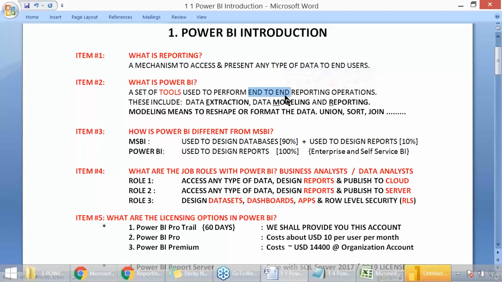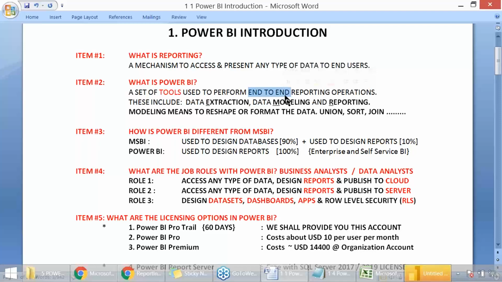Right from data extraction to data validation, data cleaning, data cleansing, formatting, shaping, restructuring if required, and then reporting. Present it to the end users in a secured format.